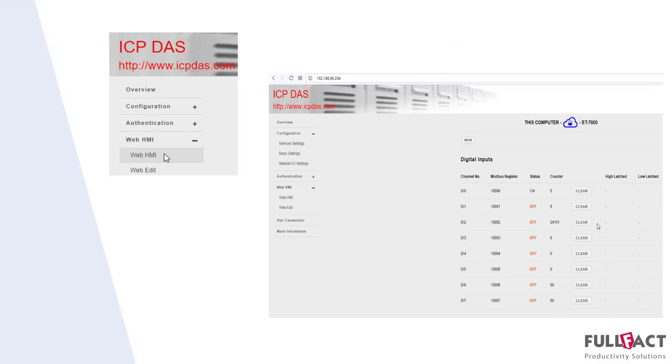In this case, digital input 0 has a counter of 5, status is on. That means it gets a high signal from the sensor at this moment, and looking at the other number of signals that came in, you can assume that digital input number 2 is your production counter. So this way you can check whether your I/O module is properly connected and the sensors are properly connected to your I/O module.